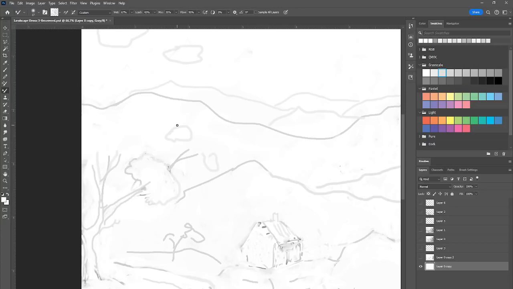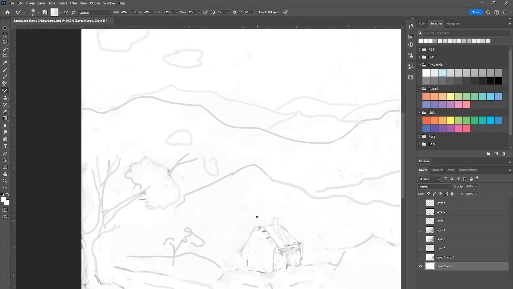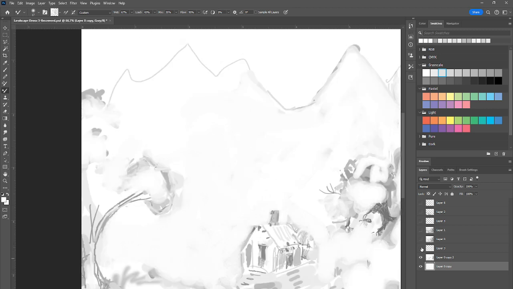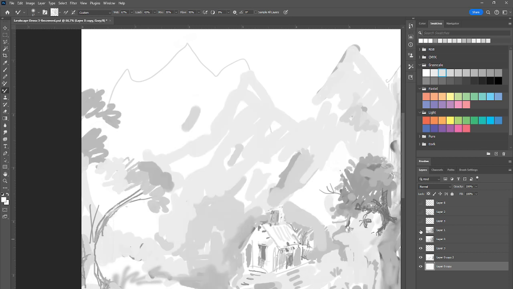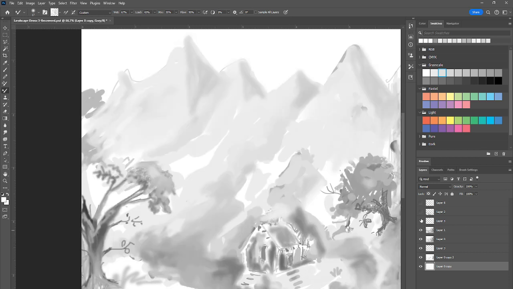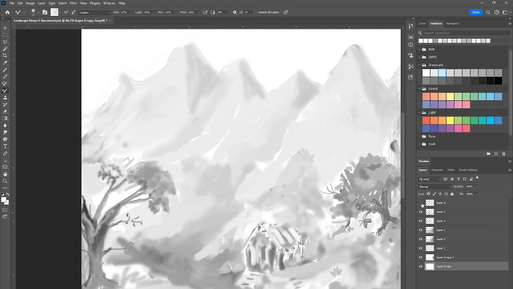So once you have an idea of your drawing, it goes through different changes. For example, I can show you I did a lot of experimentation and I'm going through different layers. So you can see I keep adding and fixing. So remember that,